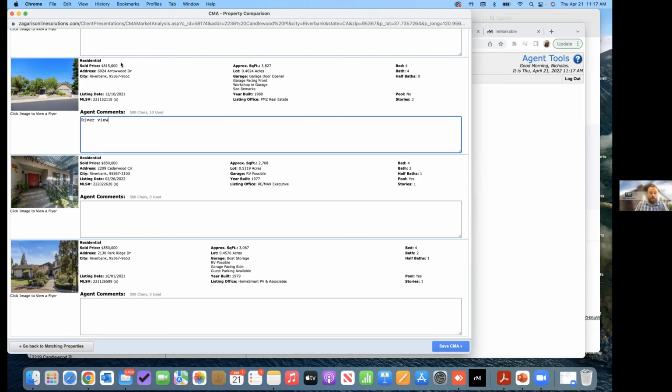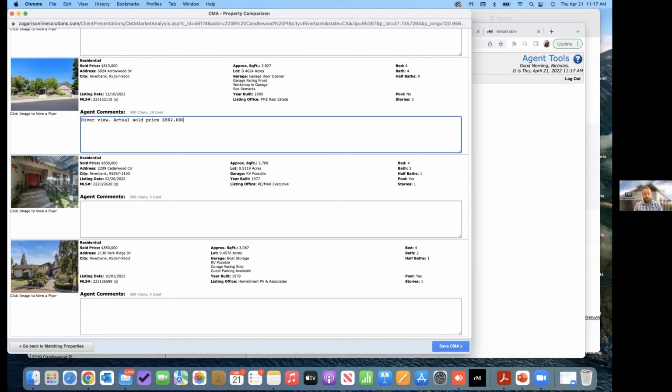And it's like, well, Dave might have had a contract for 840,000, but after negotiations in the middle of escrow, the actual sold price was 815. And if you read the comments on this one, there was actually a $13,000 credit to the buyer for pest work and things that needed to be done. So the actual sold sales price of this home is going to be 802,000. So I would put in there Riverview actual sold price